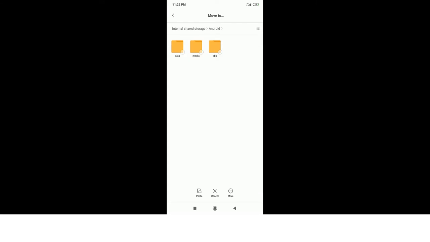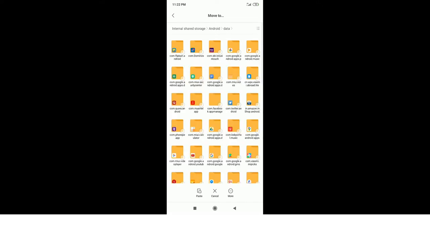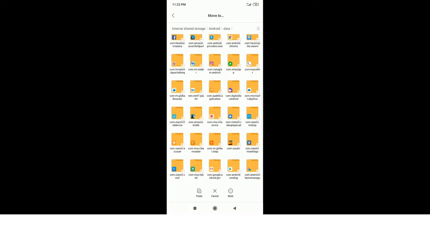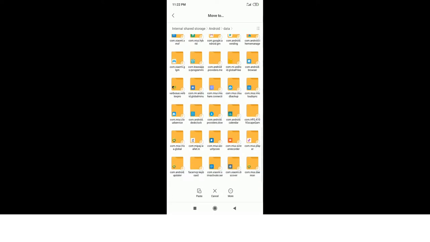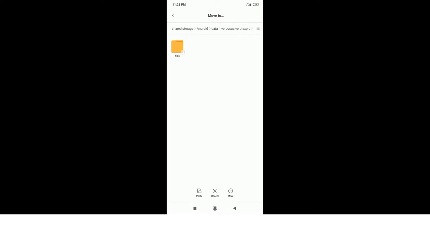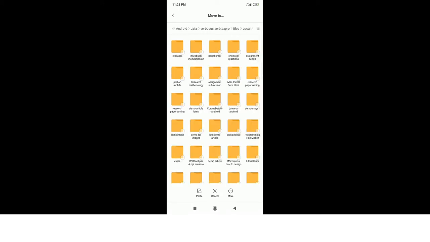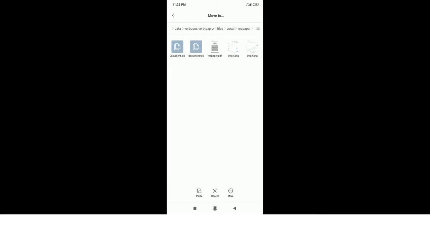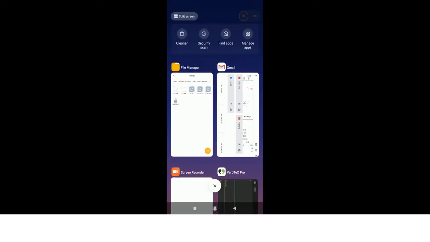I'm working on the paid version, therefore my files are in the Android folder. Then data, I will click in data. I will look for the Verbosus folder, files, local, and in local this respaper, because we have saved it as respaper, and I will paste these three files there. These three files are there.